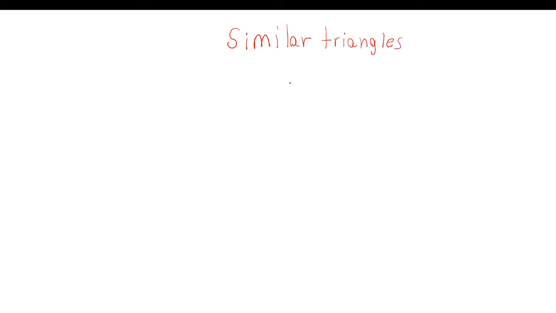Now, similar triangles, we're going to be focusing on AA similarity today because the other two similarity theorems are not going to be present too much. So for today's video, we're just going to be focusing on AA similarity, which states that if two pairs of corresponding angles of a triangle are congruent,